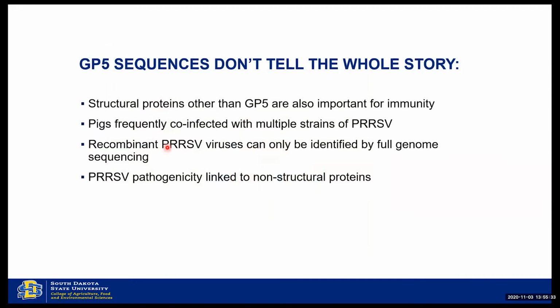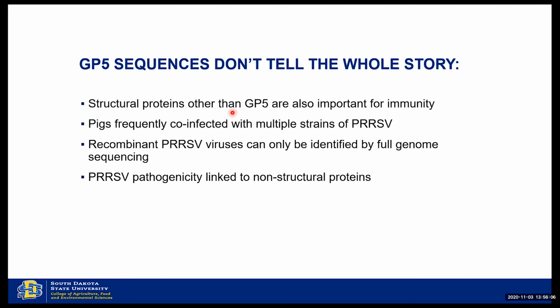The problem with just sequencing GP5 is you're really only getting a small part of the story. These bullet points highlight some of the reasons why we'd want to sequence more of the virus. When we look at the structural proteins that are important for PRRS immunity, there are a number of proteins other than GP5, and these other proteins are the target of neutralizing antibodies. So it's important to have the big picture and not just focus on one part